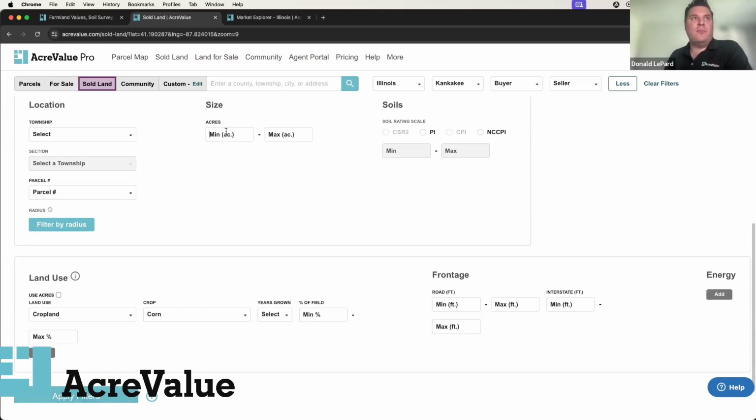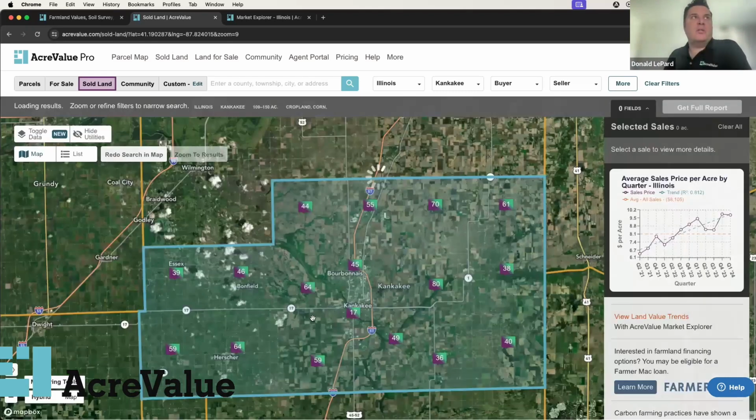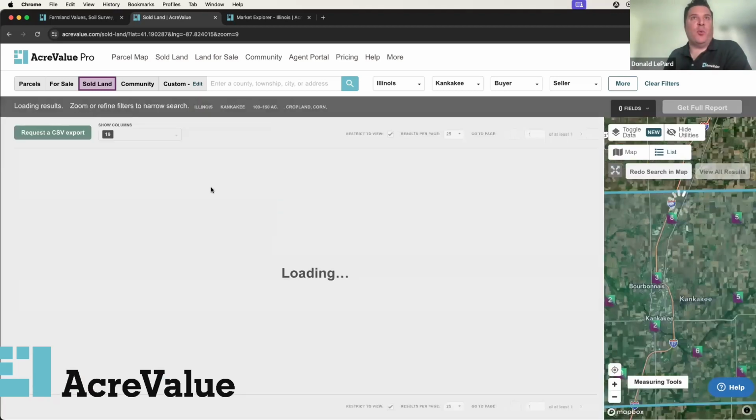So let's say I know that my property is between 100 and 150 acres. I have corn as my option here. We had 800, now we're down to 64. Do you see how fast that whittled down, over 800 properties down to about 60? And then if I go into list view again, I only think map view is really useful when you're trying to locate something based on the roads or how far it is within a certain township. But the list view, when you don't know